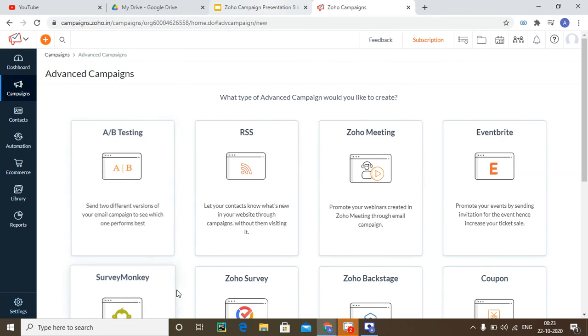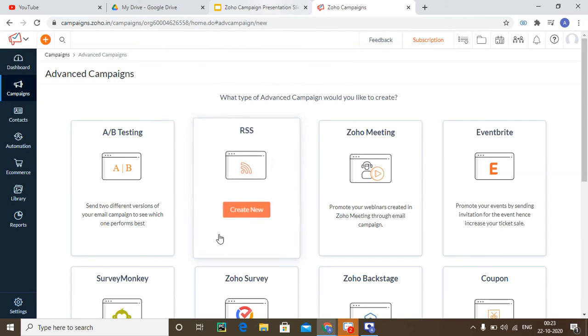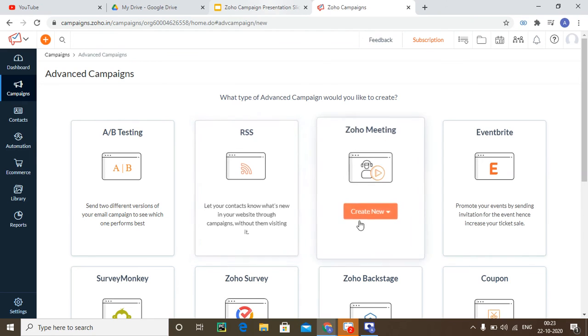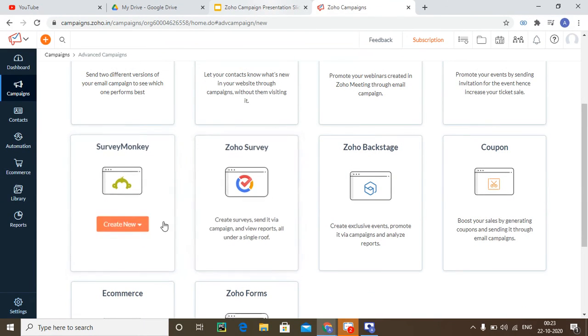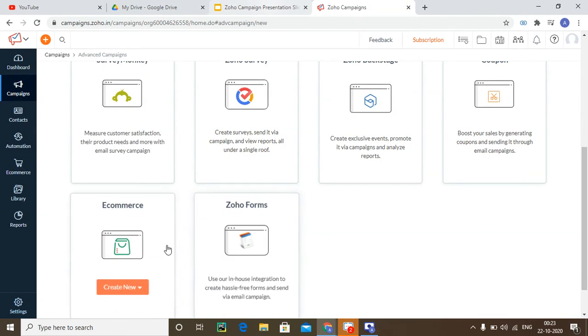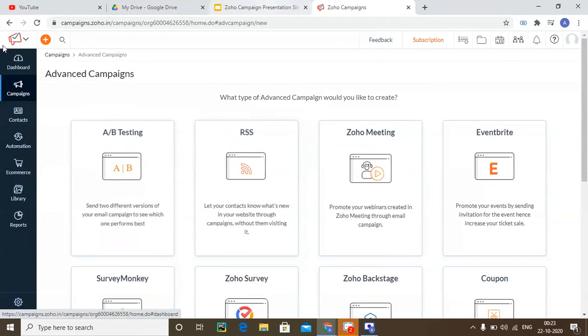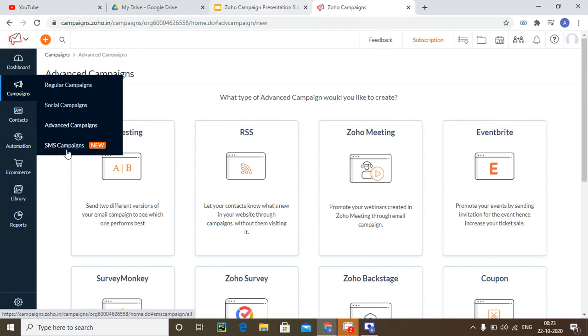There is A/B testing, wherein you can set off two versions of a campaign, and based on the popular version, you can shoot that on a general space. You can have RSS campaign, Eventbrite, Zoho Meeting, Zoho Backstage, and Zoho Survey, or using SurveyMonkey also. So campaign can be on many sides. You can have advanced campaign also in this section, and you can also shoot SMS campaigns once the SMS is